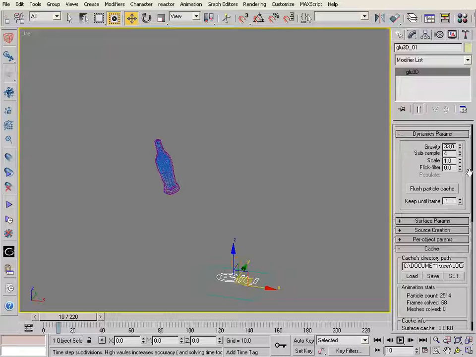But this time the calculation of the simulation will take a really long time, and time is money, so this means higher subsample values are very expensive. But if you have a really fast computer and extra time, you can use higher values like 3, 4, or maybe